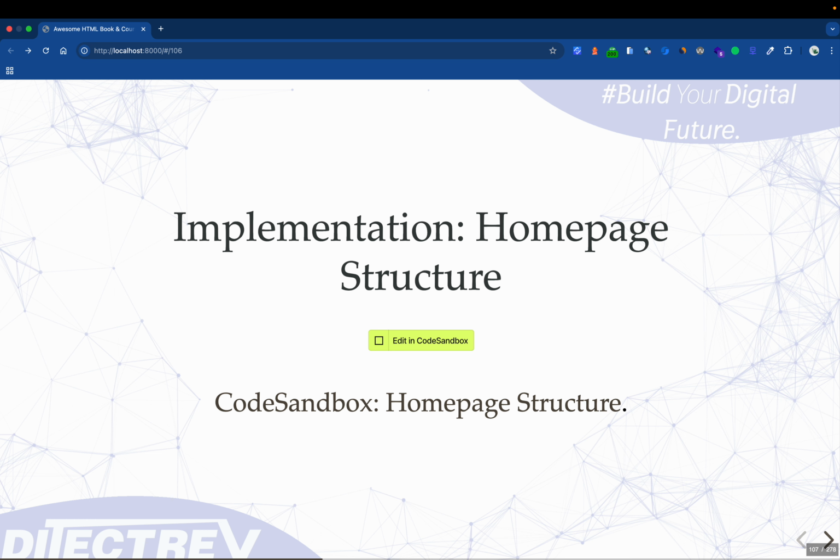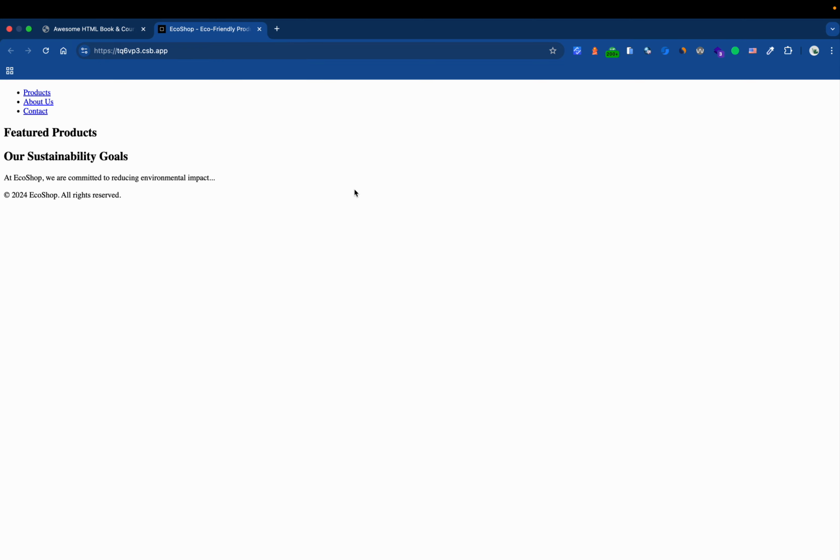Echo shop. We'll check on the implementation of the homepage structure in terms of semantic HTML, and the code is very large, so I couldn't fit this on the slide. When you look, what we'll be discussing is there will be a link element,